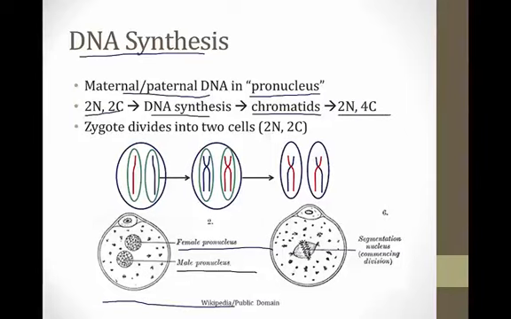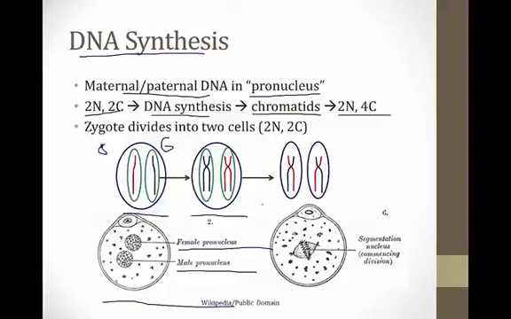And I've drawn a picture to help you understand this on the screen. So initially, we've got the zygote, which is the blue circle here. It's got two pronuclei inside it, which are the two green circles. And inside each pronucleus, we have a copy of DNA. So for example, let's suppose the red line is chromosome 6 from the mother and the blue line is chromosome 6 from the father. We then undergo DNA synthesis and we synthesize two sister chromatids for each chromosome. So we now still have two copies of chromosome 6. This cell in the middle of the screen is still 2N, but it is now 4C because there are four